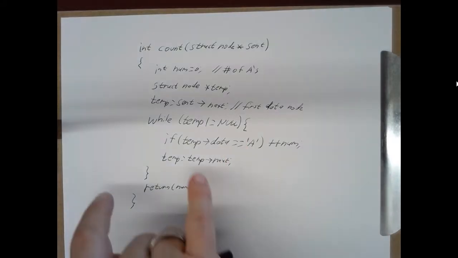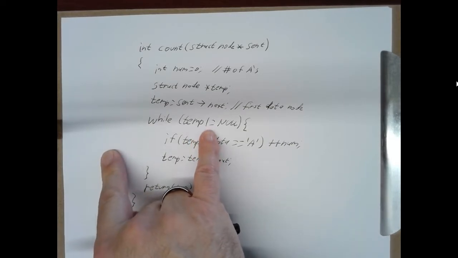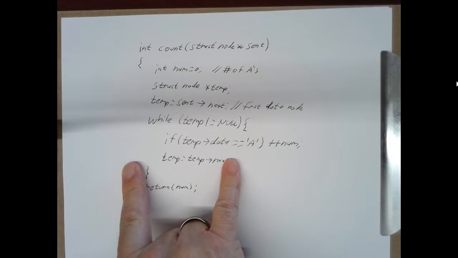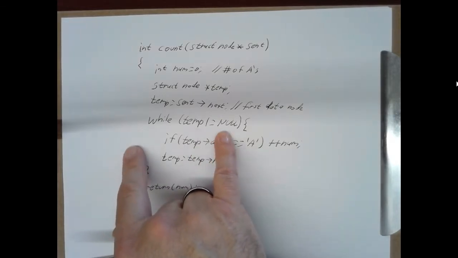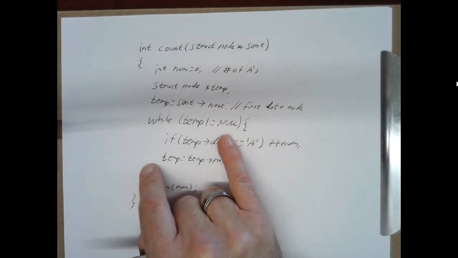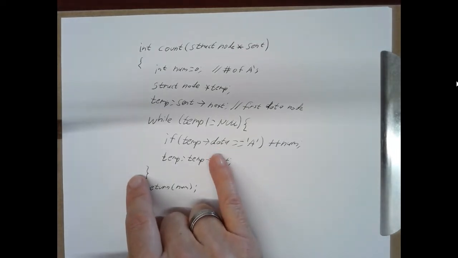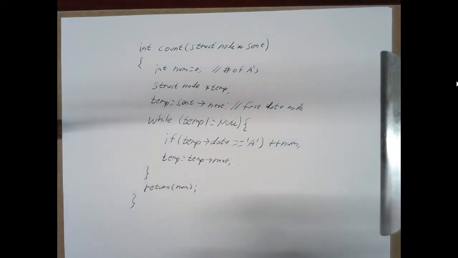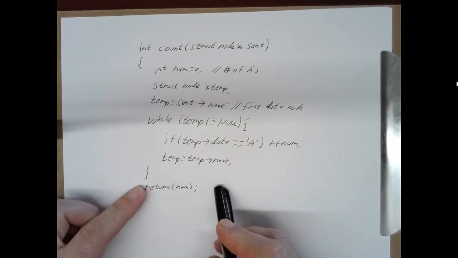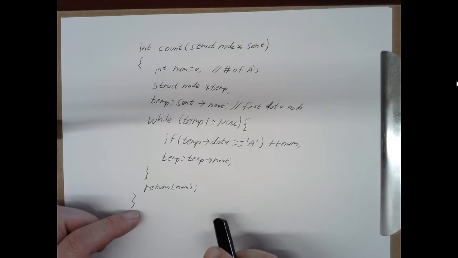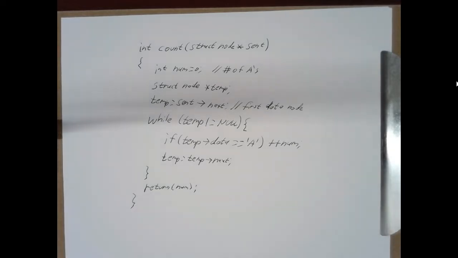Or you might say, well, temp arrow next is not null, and see if temp's data is A. But if you do that, as soon as temp arrow next is null, it means temp is the last data node, but you haven't checked the data value yet. So you're probably skipping the last node. So sometimes there is an extra check after the while loop to see if temp arrow data was equal to A, and it would bump up the count once more, and that works fine. So there are different ways to do this. This is not the only way. It's not the only algorithm.